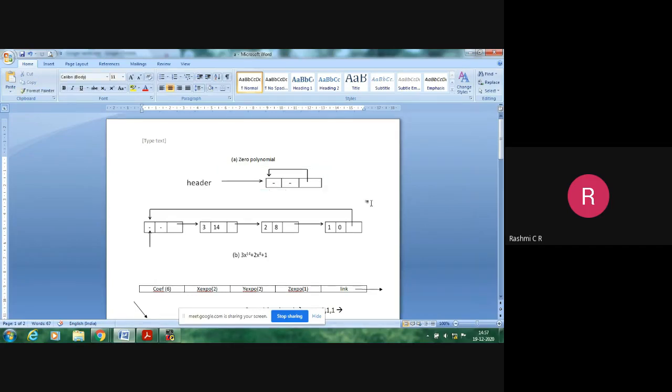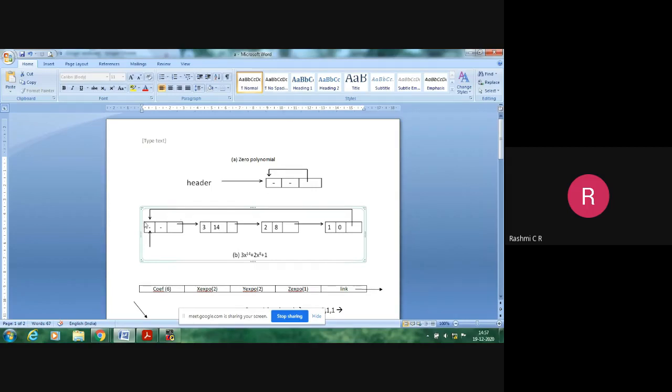Coming to the concept of header nodes, they are the nodes which point to the starting node in your linked list. According to this example, consider we have 3x to the power of 14 plus 2x to the power of 8 plus 1. This is diagram B I am explaining. The polynomial has three terms, indicating that we have three nodes, each containing a coefficient and its exponential part.